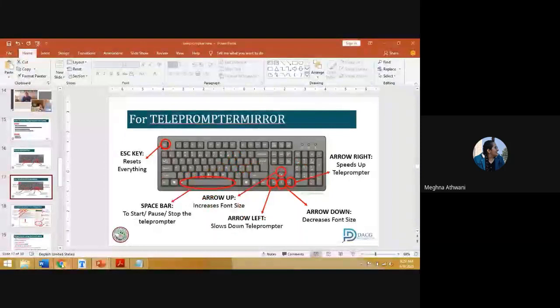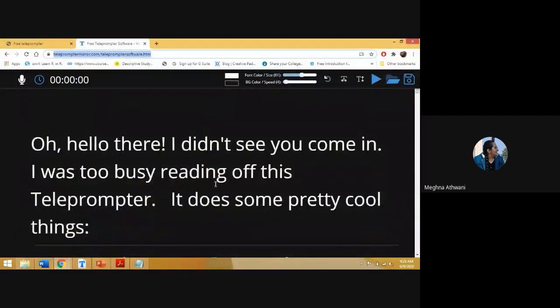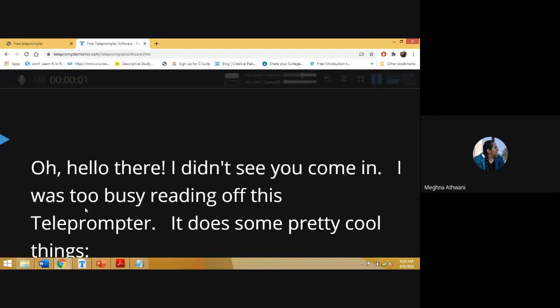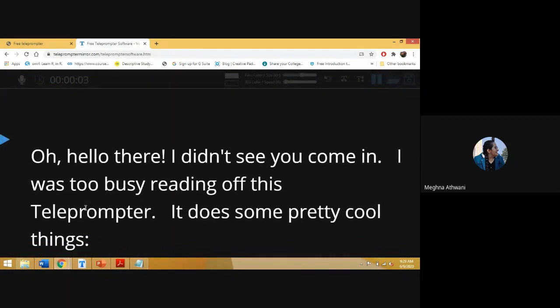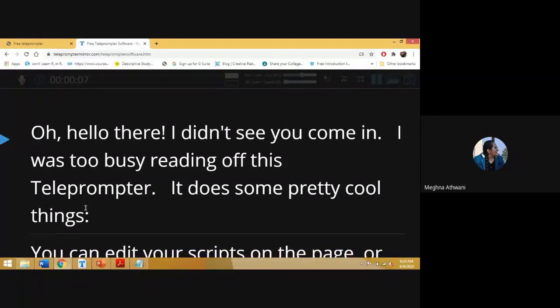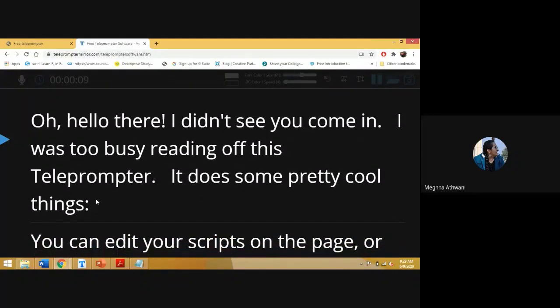Going back again. Here is the play option. You can see this triangle. It is the play option. See, very smooth. Click on the screen.